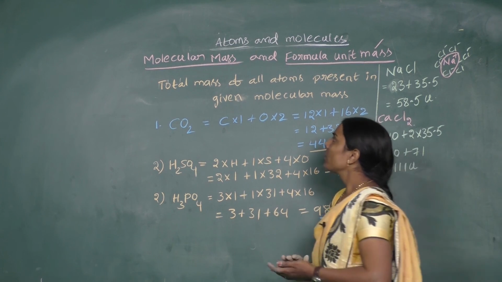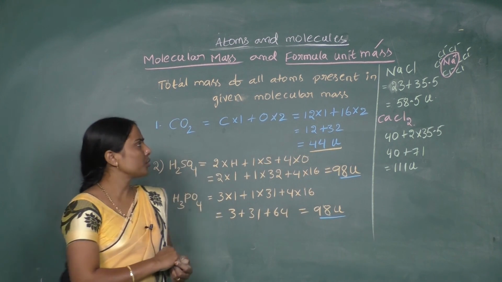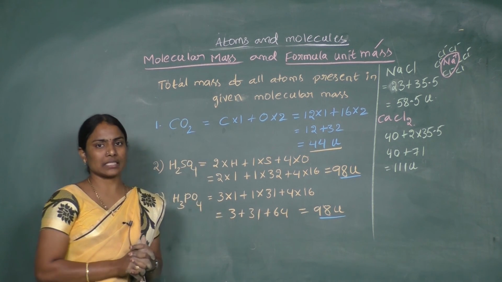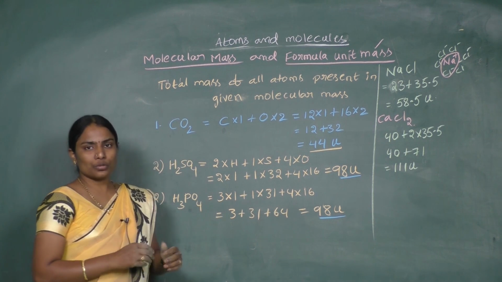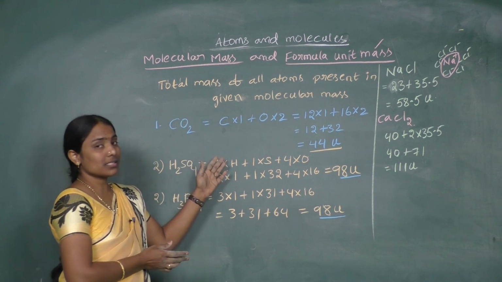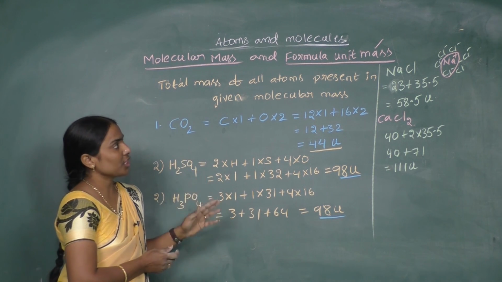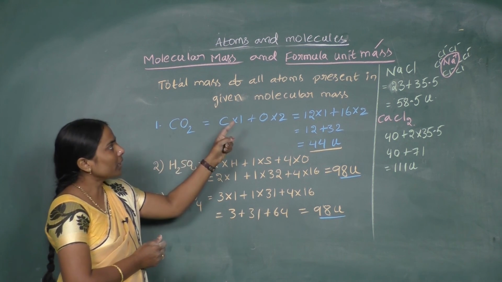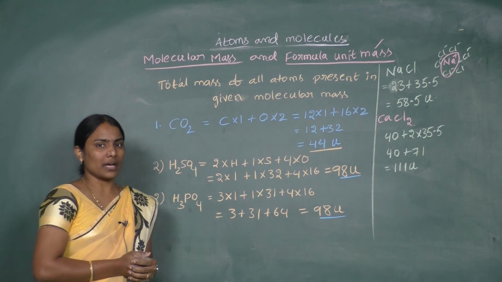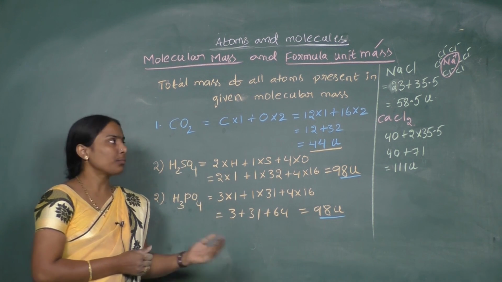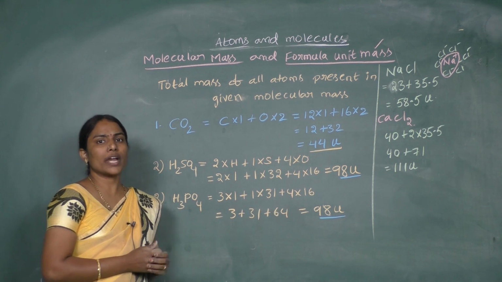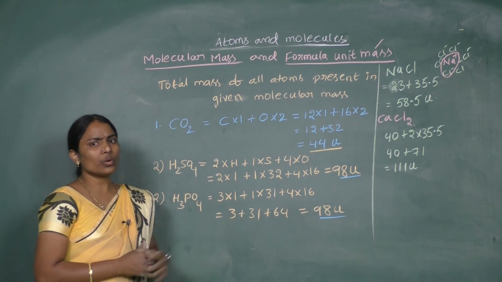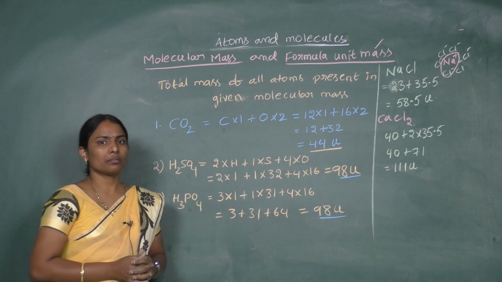Now do you understand the words we are using to indicate masses? One is molecular mass and the other is formula unit mass. Molecular mass is used for all compounds which can exist as discrete molecules. But for ionic compounds, it is not better to use molecular mass. Hence the better term is formula unit mass. For substances like calcium carbonate, sodium chloride, calcium chloride, magnesium hydroxide, for all those compounds, the best word we can use is formula unit mass.